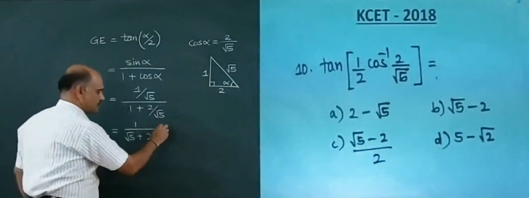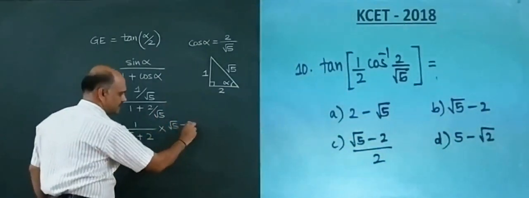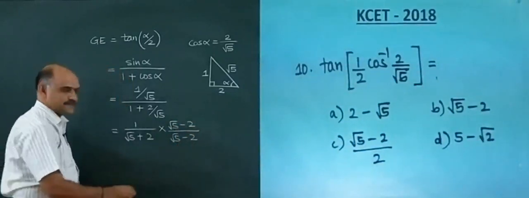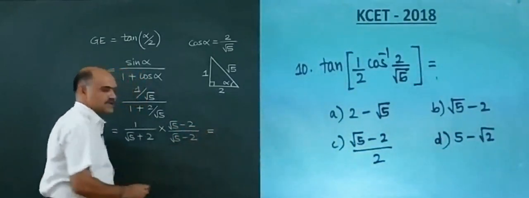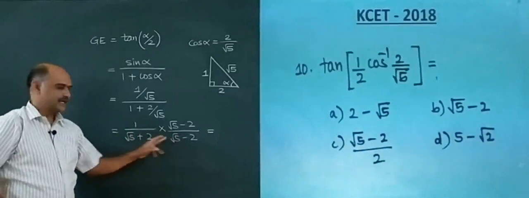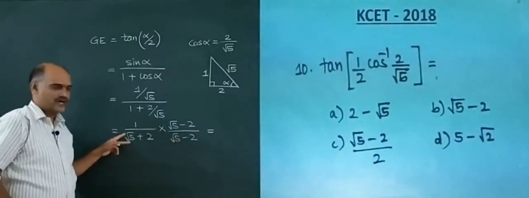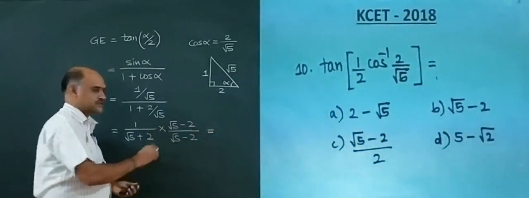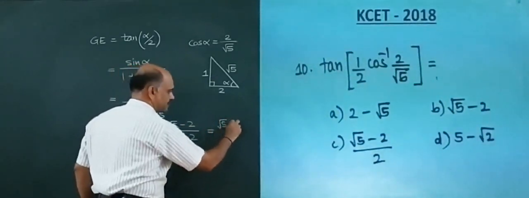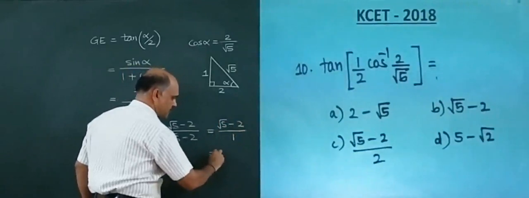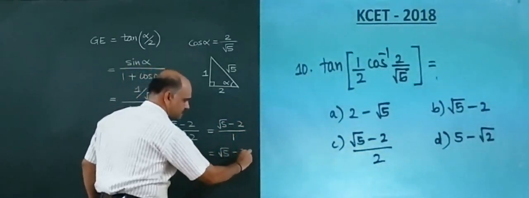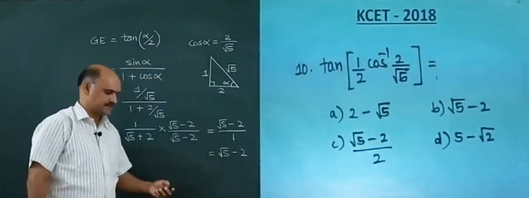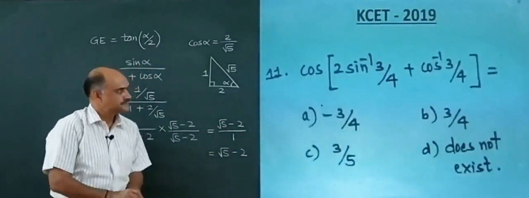Now multiply by conjugate, root 5 minus 2 by root 5 minus 2. So I will be writing directly here. In the denominator, if you apply a square minus b square, 5 minus 4 will be 1, denominator is 1, so you will have answer root 5 minus 2 divided by 1, or root 5 minus 2. So answer will be B. B is the answer. Next,